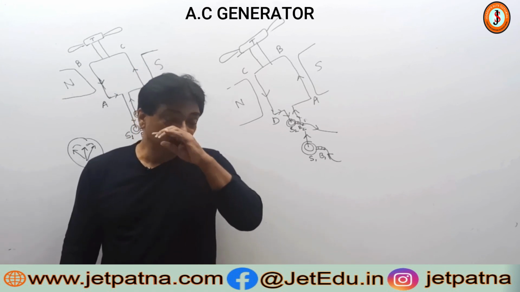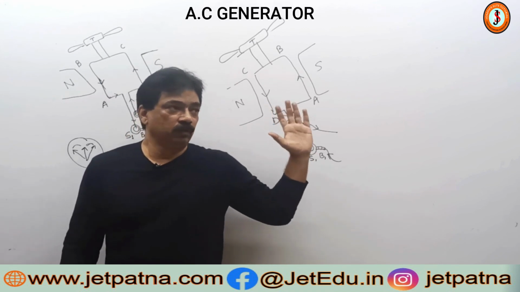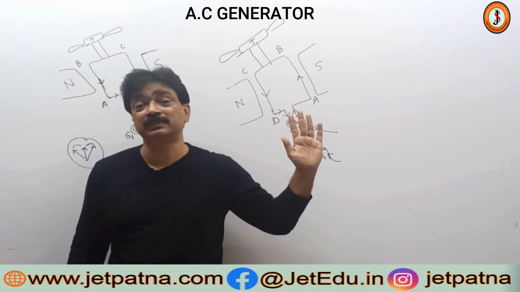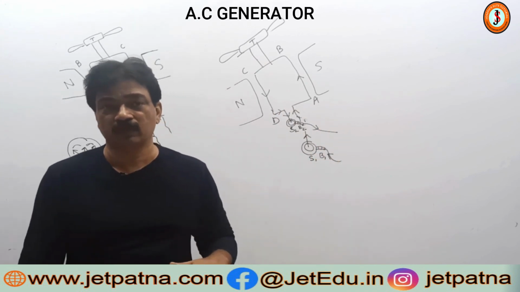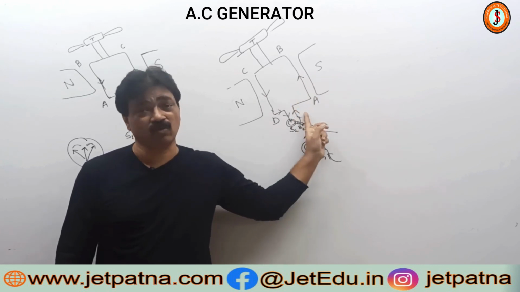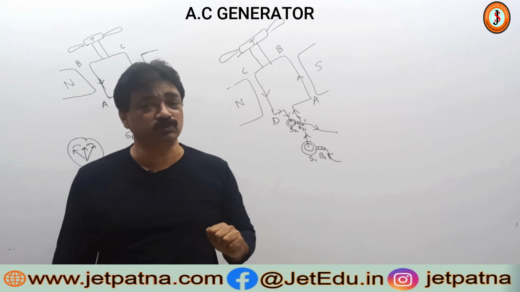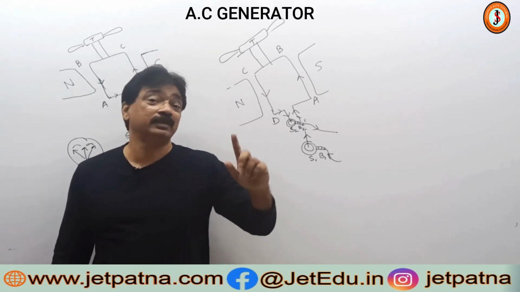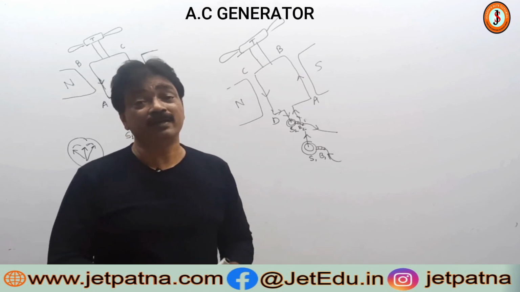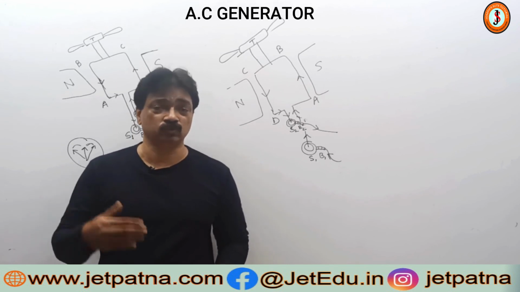So this is important. To sum it up now, 2 things happened here. Number 1, current was produced. This is because of the changing magnetic flux. There was a relative motion between the magnetic field and the coil. So due to the changing magnetic flux, an EMF or a current was produced. Number 2, the direction. Direction is given by Fleming's right hand rule. The direction of induced current will be found out by Fleming's right hand rule.